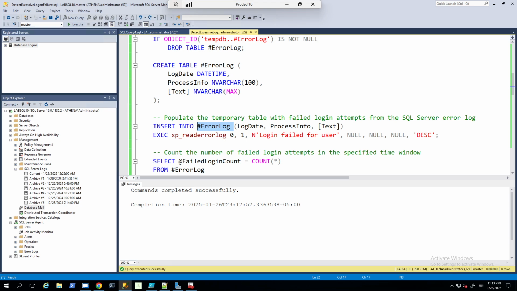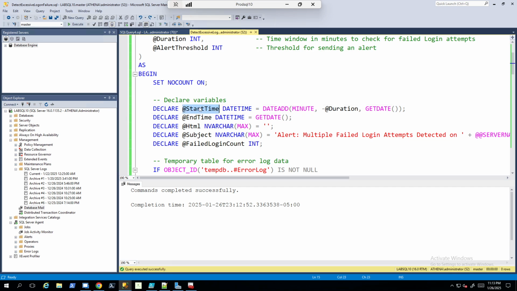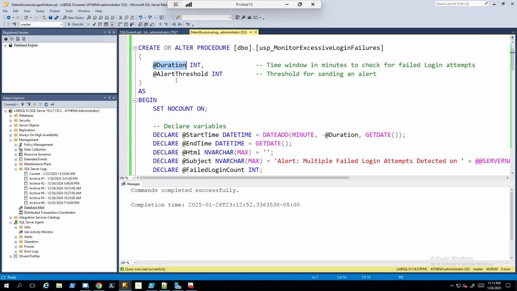Once it finds these, we filter based on the date. There are two variables here: one is the duration, and the other is the alert threshold. The duration defines the period in which you are querying the error log, let's say the past 10 minutes. And the alert threshold is how many login failures you have found in the past 10 minutes. So if in the past 10 minutes there are, let's say, a minimum of 5 login failures, then you would